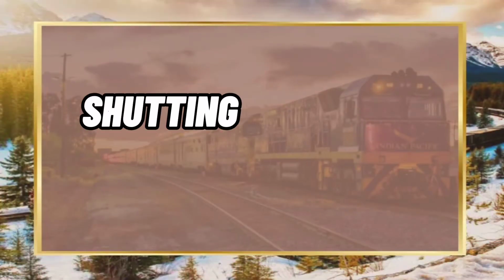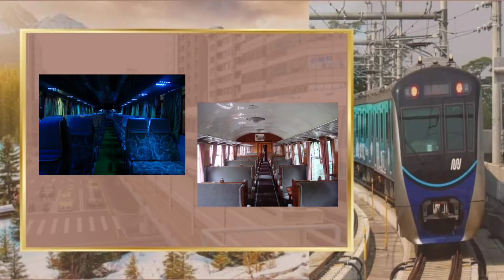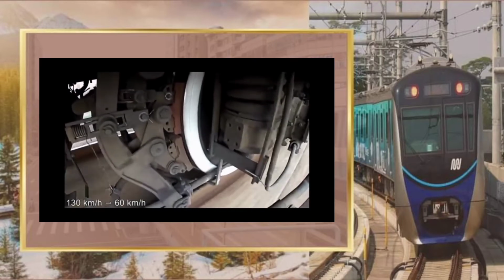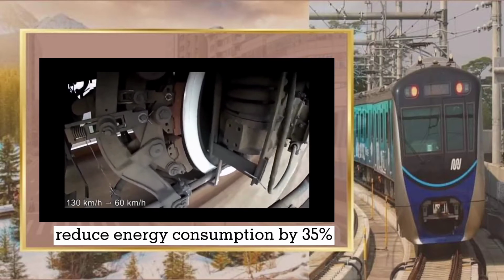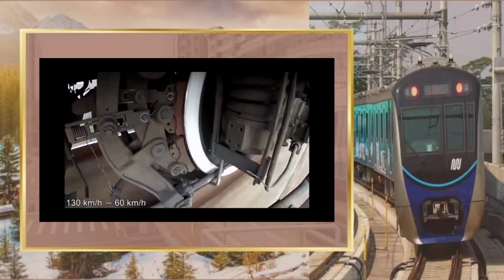The next way to conserve energy in transportation is shutting off lights and air conditioning when trains are out of service and braking more slowly whenever possible. It is expected that such measures will reduce energy consumption by 35%, lowering operating costs while heightening efficiency throughout the national